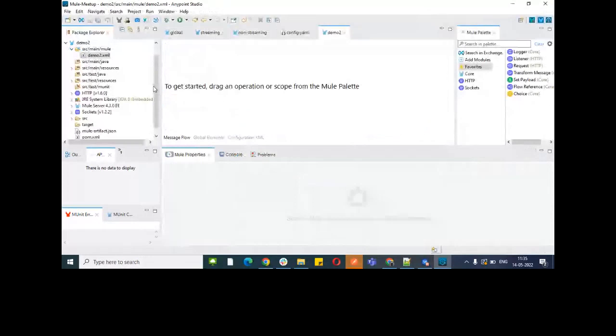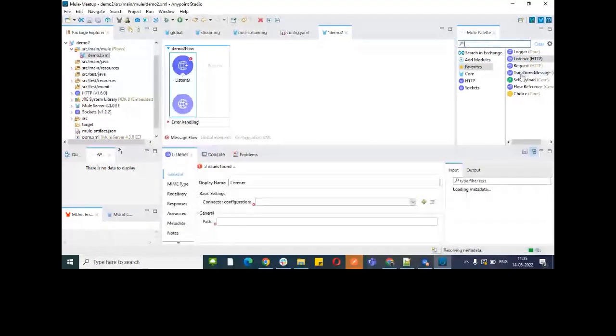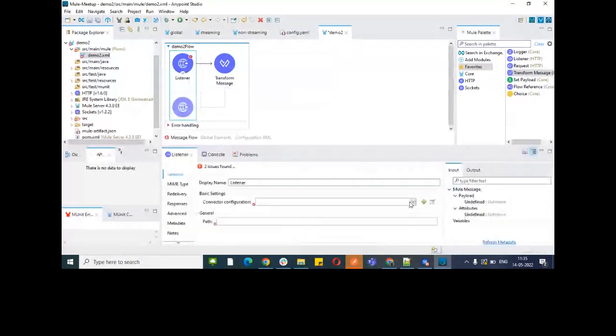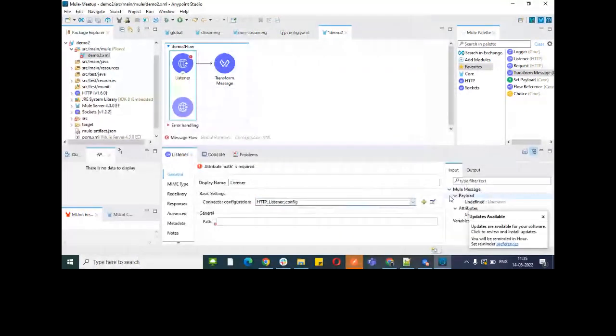So let's drag one listener and one transform component. Configure the listener. We are configuring it to the port 8081 and give it any path. For example, if I am giving non-stream,